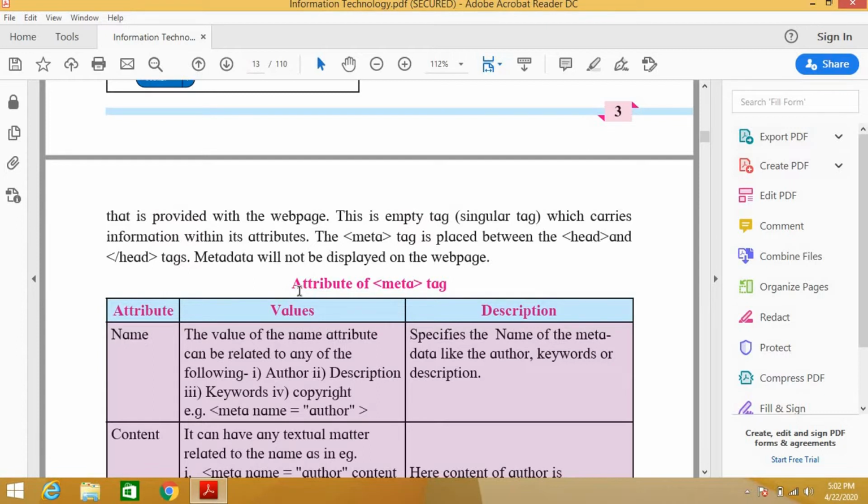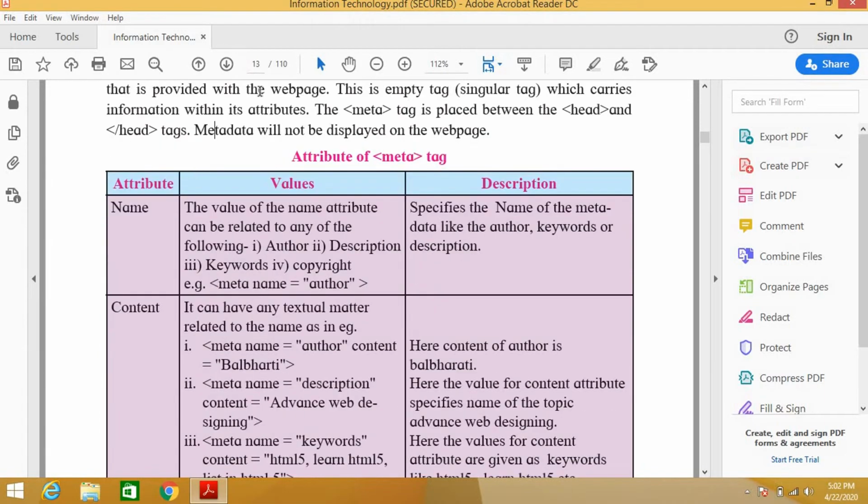What kind of information you have given to the web page, and what you are going to provide through the web page, that kind of data is accessed with the help of meta. It will not show anything on the web page, so we have to use some other software to access the content of the web page.